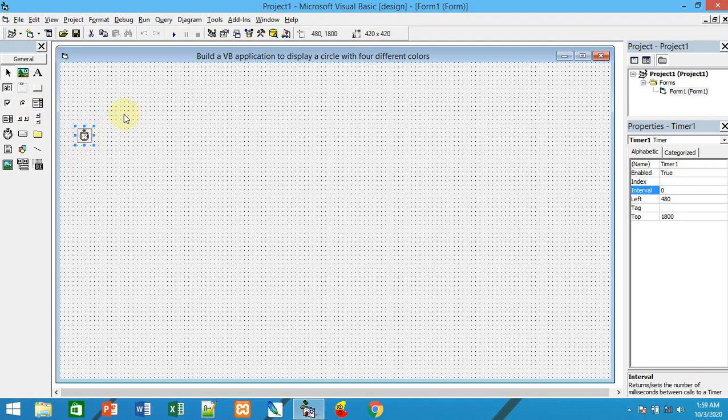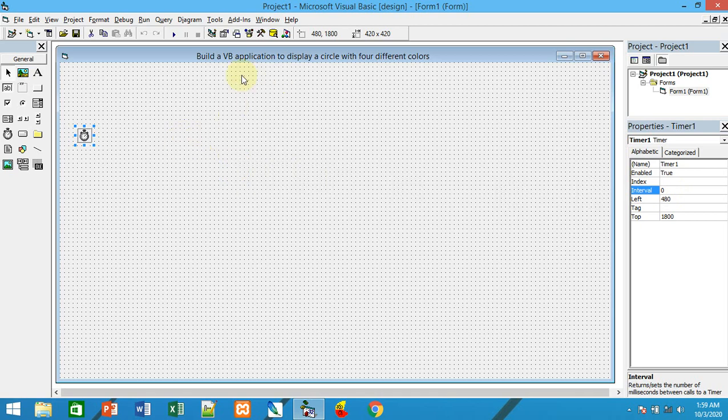And you cannot interact with this timer. This particular timer will be very useful to build n numbers of applications with its important property, that is interval.